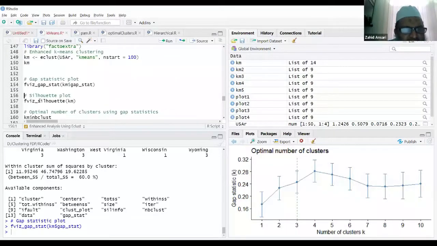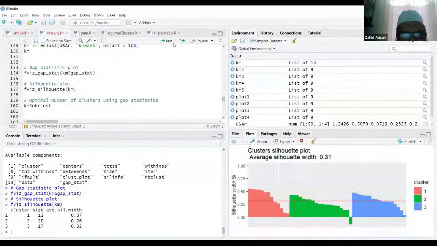Similarly, there is another one, Silhouette. Silhouette tells how good the cluster is, how bad the cluster is. Higher values are better, and basically we want to find a knee or elbow in the graph if we plot with Silhouette. So see, this is the Silhouette visualization, showing the Silhouette values for the 3 clusters.